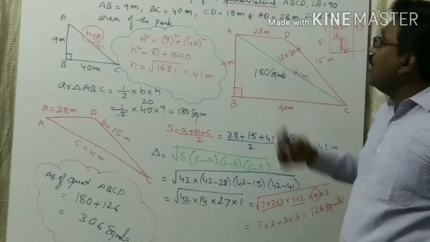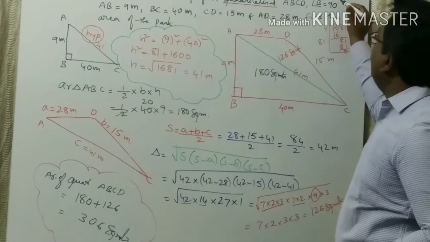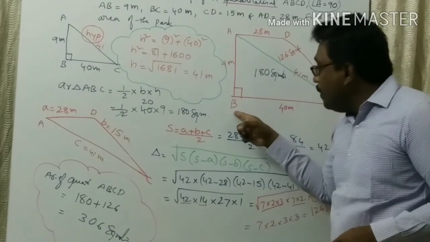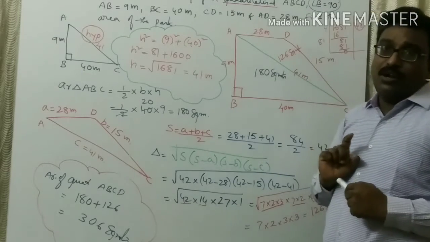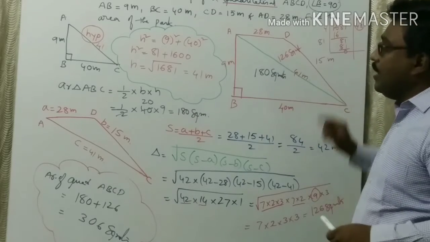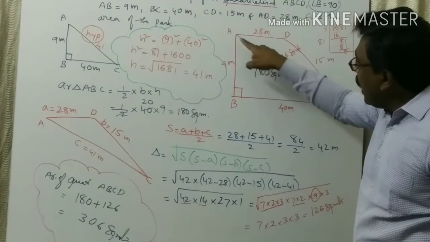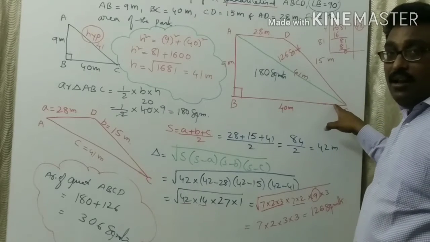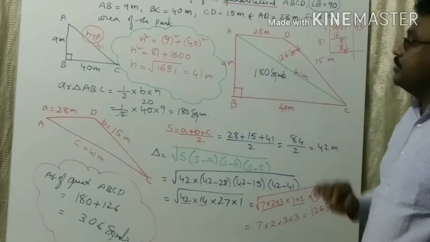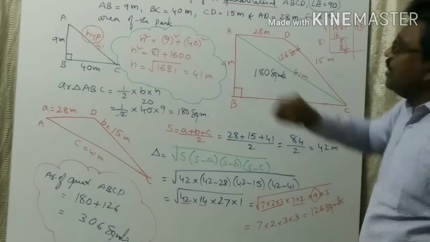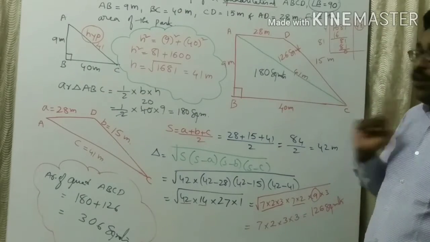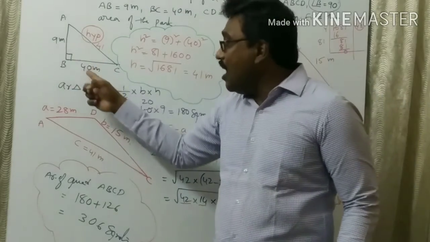Here is one given piece of information, that B is 90 degrees. So angle B is 90 degrees, like this you should draw compulsorily. Now I draw the diagram according to the question. I am drawing AC as the diagonal and dividing the quadrilateral into two triangles. The first triangle I am taking is ABC. AB is 9 meters, BC is 40 meters.